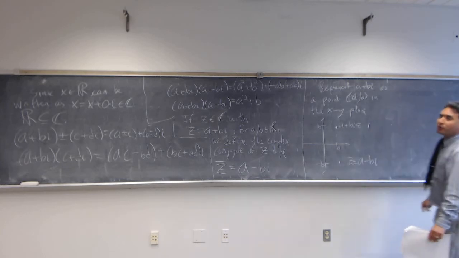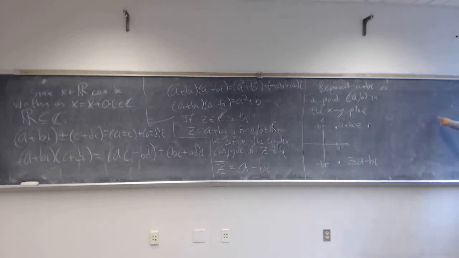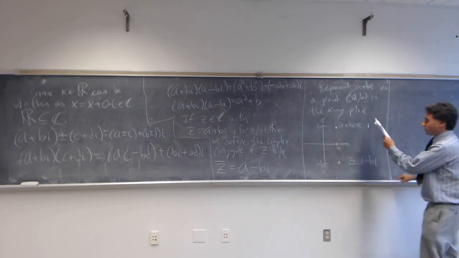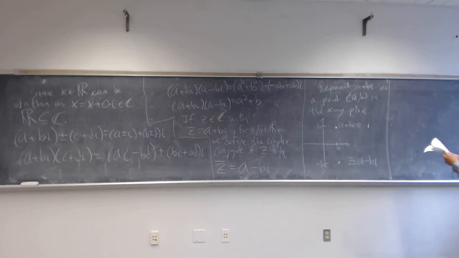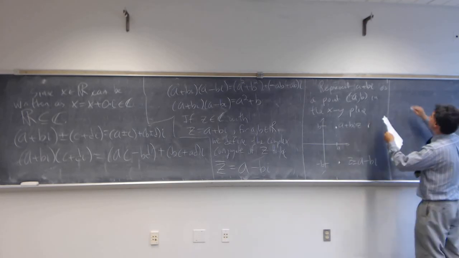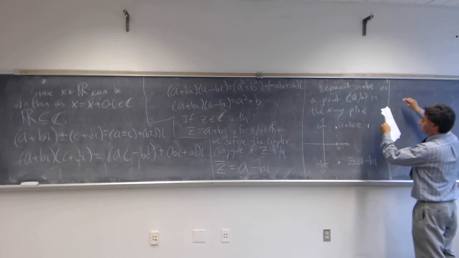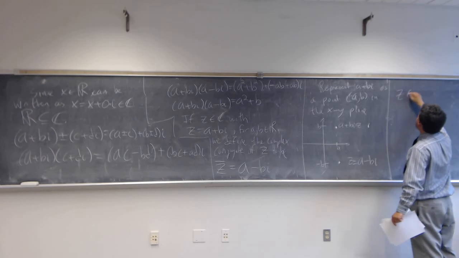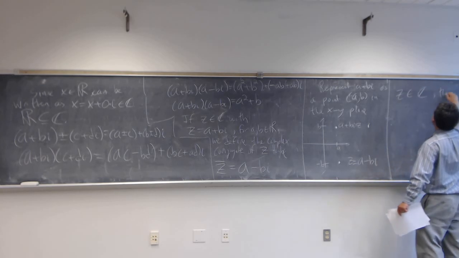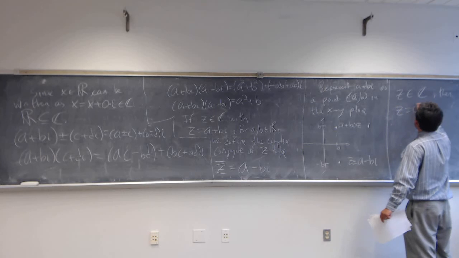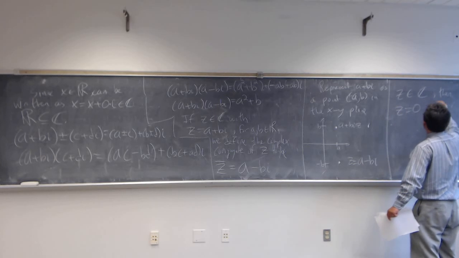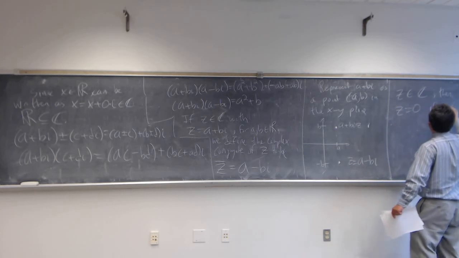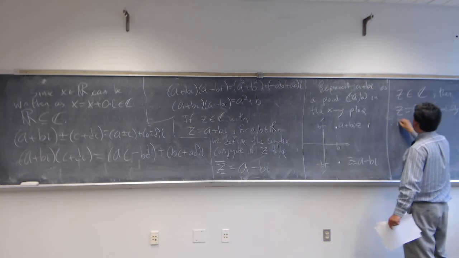This also allows us to do a little bit of division as follows. So how can we divide two complex numbers? First of all, what is 0? If you have a complex number z, then that complex number is 0 if and only if,